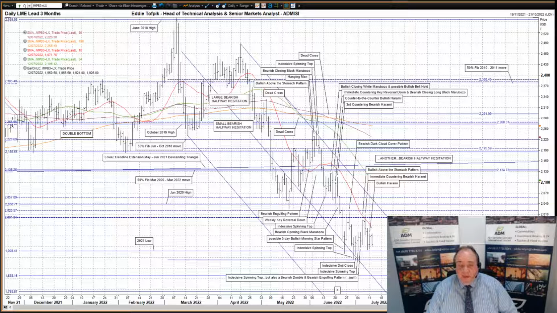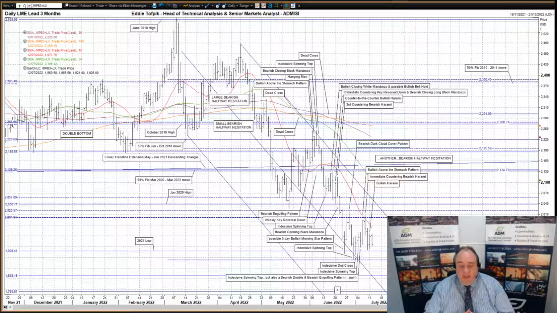As I said last time, and I quote, "Overall, we're in another fairly free area below the January 2020 high at 2039. This brings me to potential patterns in the offing." End of quote. What the market has chosen as a recent pattern is yet another bearish halfway hesitation, a fresh one. So where are we looking below? Well, the question is whether the measure from the May high at 2333 or the April high, which is at 2488. I will disclose both and let you see what you think.